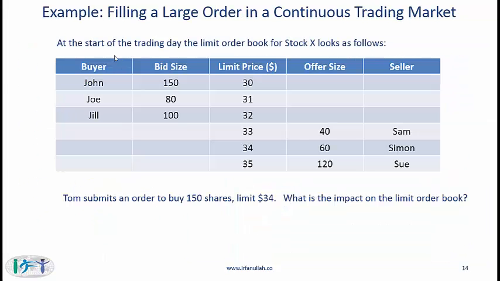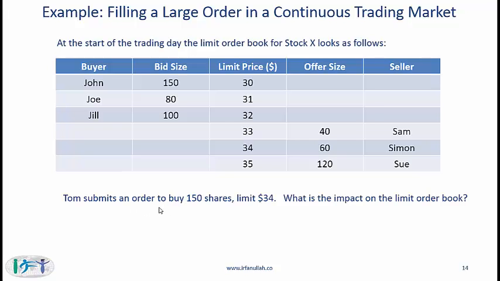All right, filling a large order in a continuous trading market. Let's say at the start of the trading day, the limit order book for a certain stock looks like this. And then Tom submits to buy 150 shares, limit 34. What is the impact on the limit order book? So note that